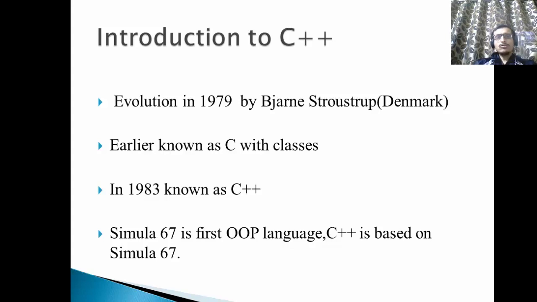Earlier it was known as C with Classes, because it was still in a developing phase. In 1983 it was named C++. So now C with Classes has been converted into a name, and that name is C++. Plus plus is an operator in C, so it is basically an advancement in C. There were some essential features, modifications and updations done in C with Classes, so a complete language evolved in 1983 and was known as